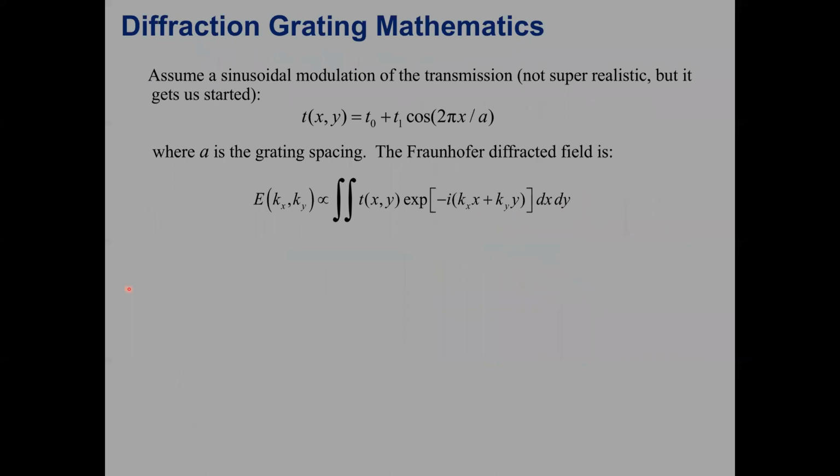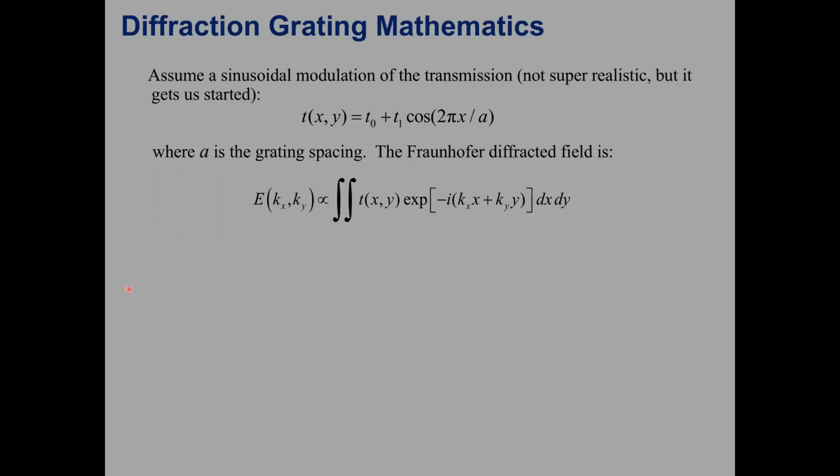So here, we need a function that describes this periodic array of transmitting and non-transmitting positions, so this periodic array of open slits. I'm going to start here with a not very realistic, but easy to compute